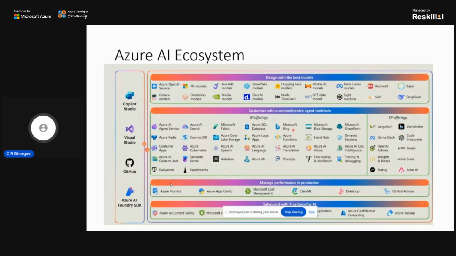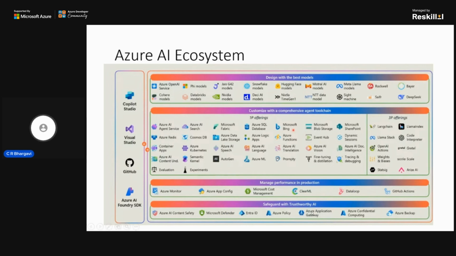Before I jump into the next part, I would like to cover the Azure AI ecosystem, where you have various models allocated with the help of the AI ecosystem.